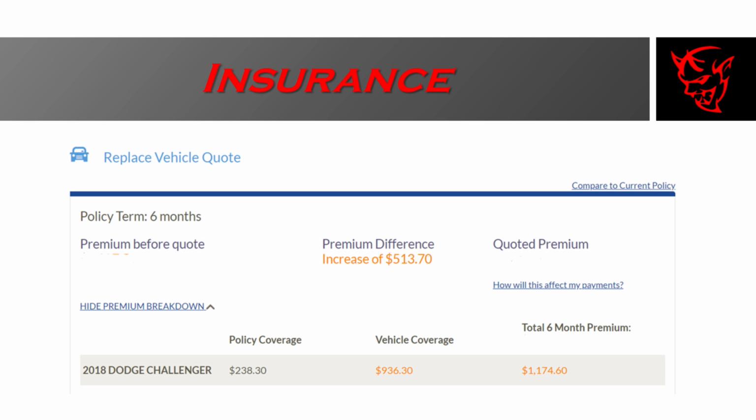Now, another thing that I got a quote on that I like to share with you guys is insurance premiums. With this much horsepower, I'm sure most people are assuming that the insurance is outrageous. I've actually seen one other video where somebody did get a comparable quote, and it wasn't going to be that much more than a regular car. For me, I'm 25 years old, no tickets or at-fault accidents on my record. Obviously, your quote could be drastically different, but for me, it would be